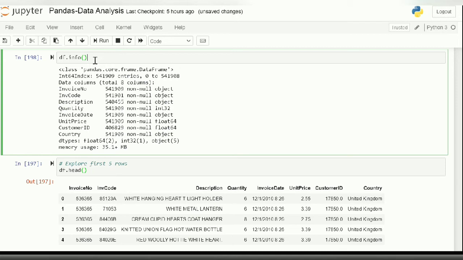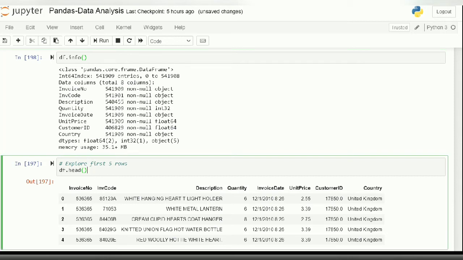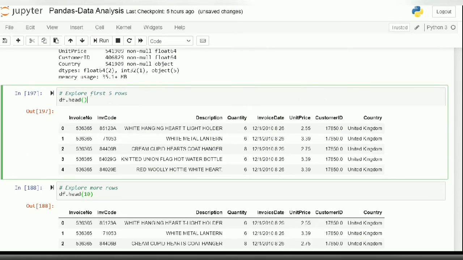It tells me how many columns there are, what the data types are, the total number of rows, and so on. Next, if I want to explore the first few rows or the bottom few rows, how do I do that? There are the head and tail commands for that.